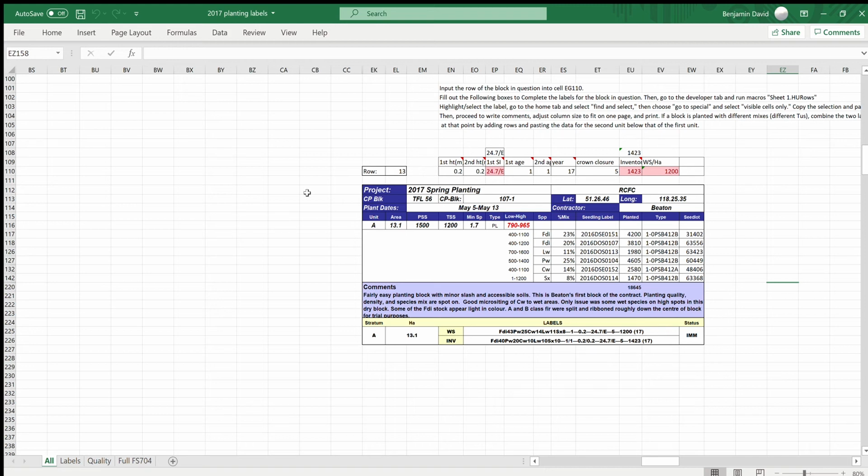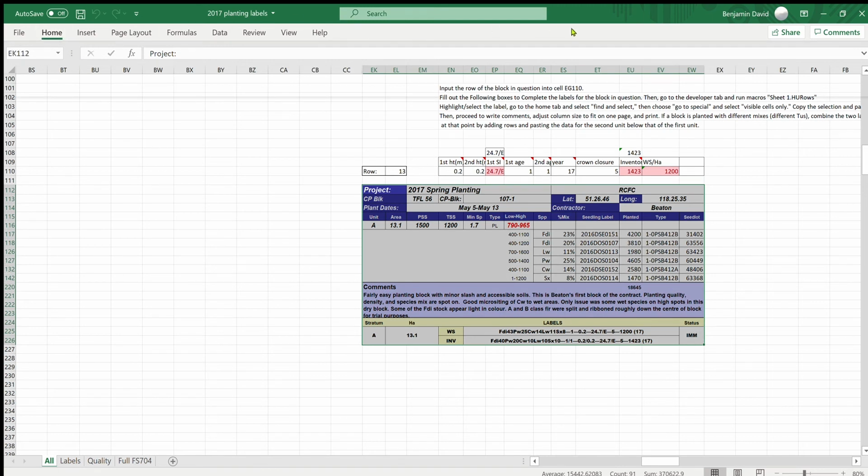Okay, so that looks like it's done. So I'm going to highlight all this, and I'm going to hit home, and here there should be find and select, and then you go to special, and you say visible cells only. That'll select only the visible cells here. Then you can